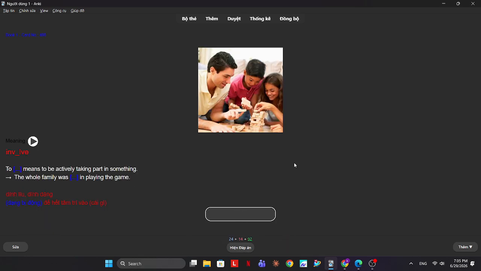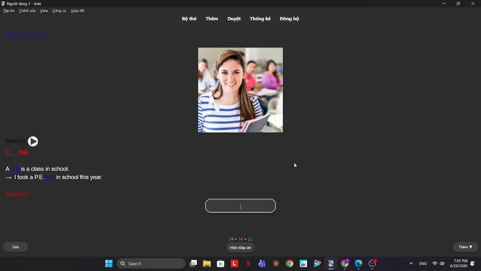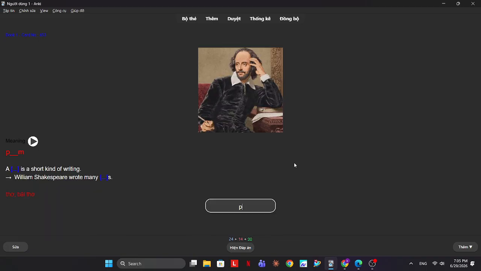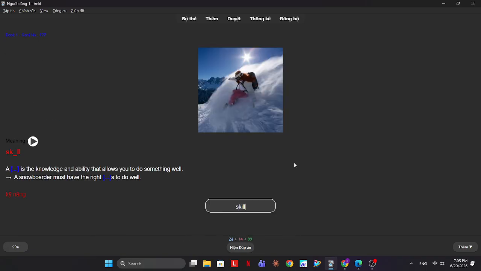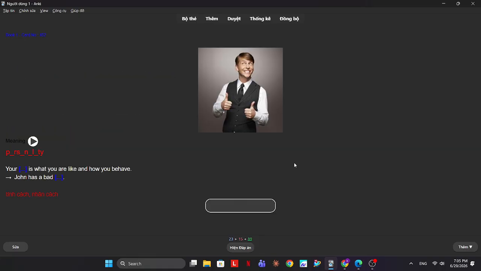Tip. To involve means to be actively taking part in something. Involve. A course is a class in school. Course. A poem is a short kind of writing. Poem. A skill is the knowledge and ability to do something well. Skill. Personality is what you are like and how you behave.